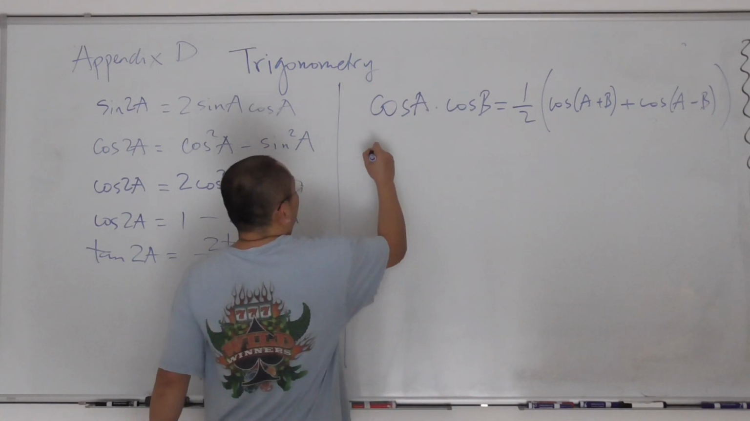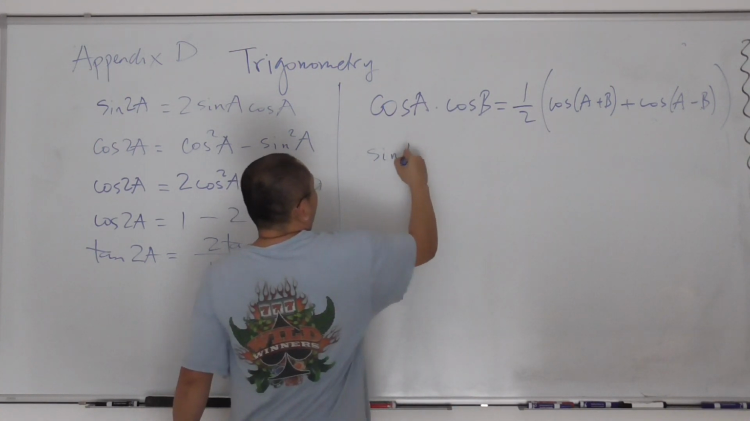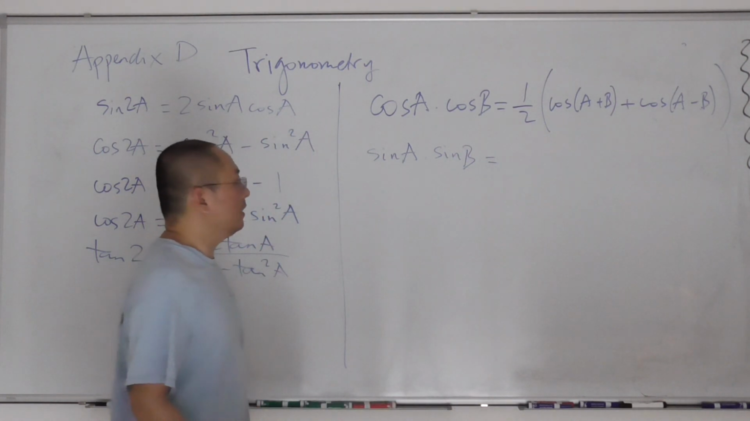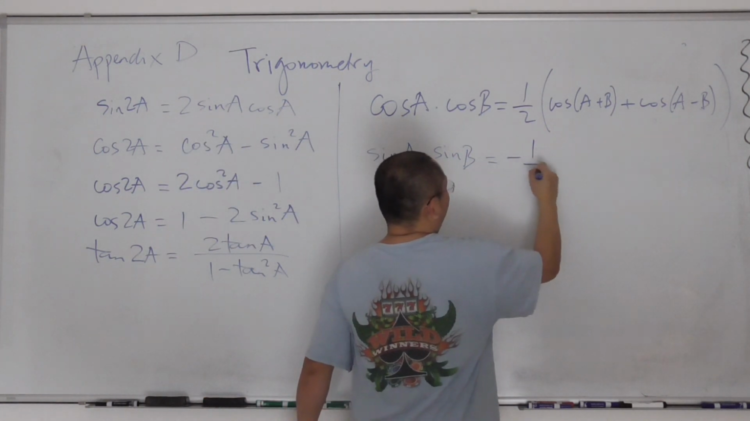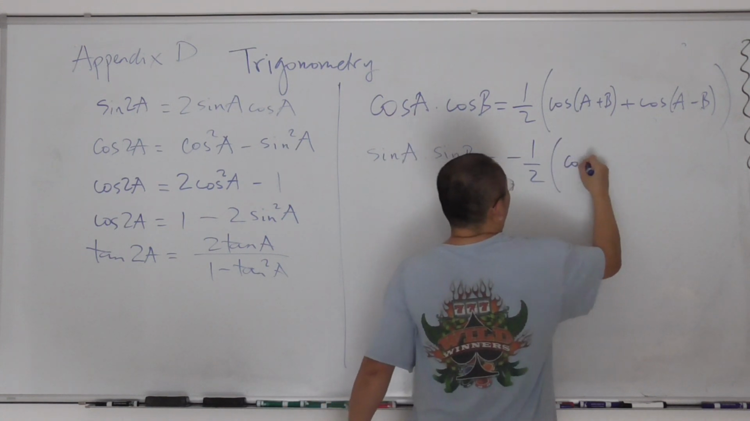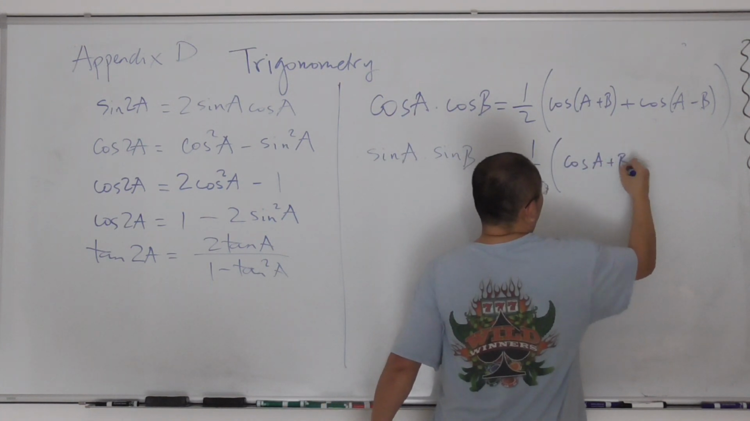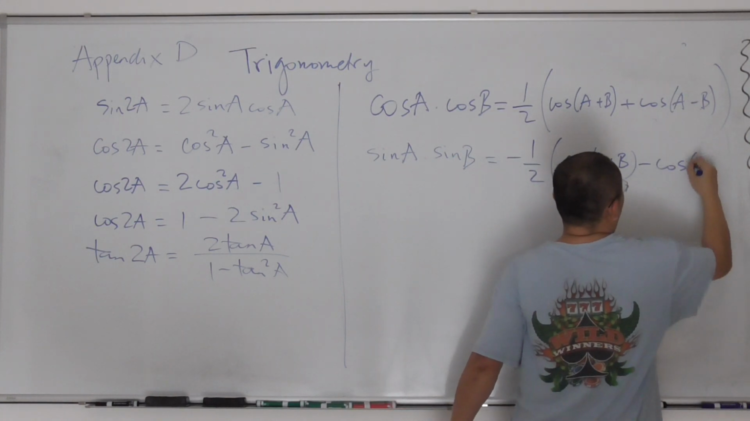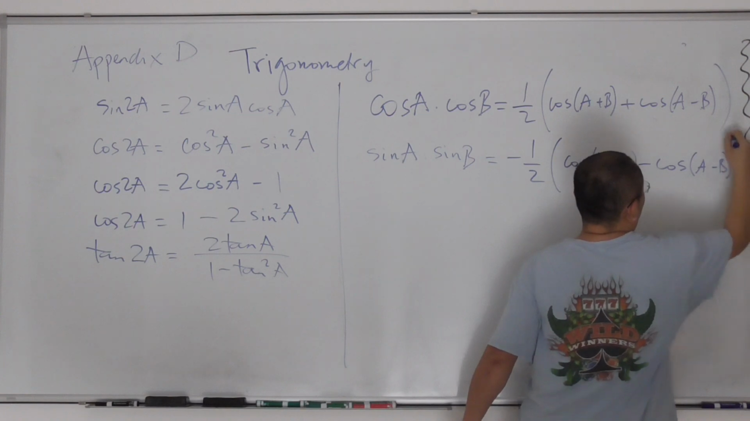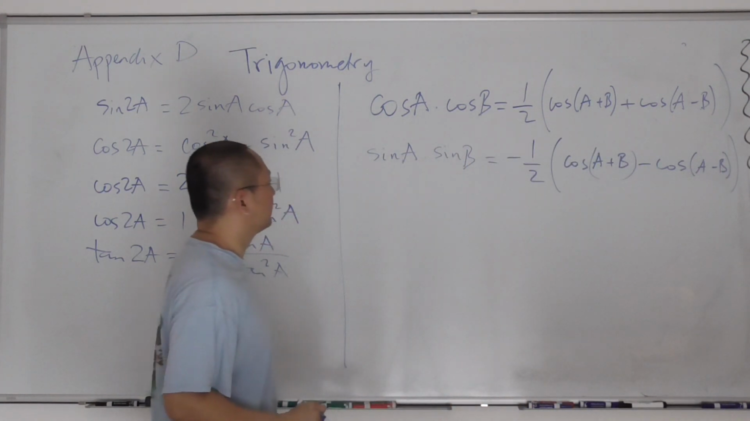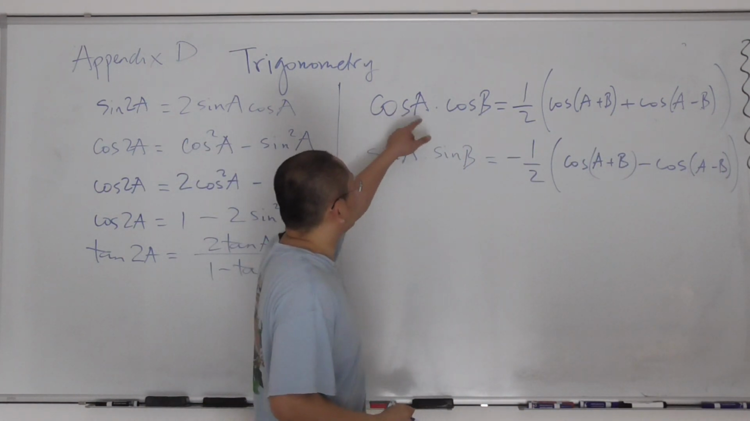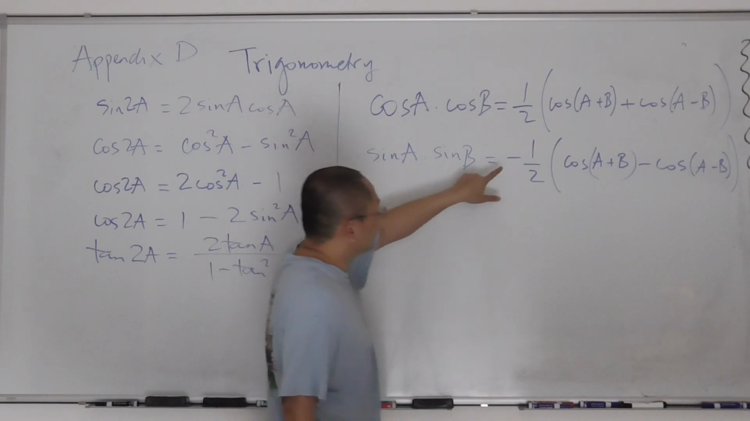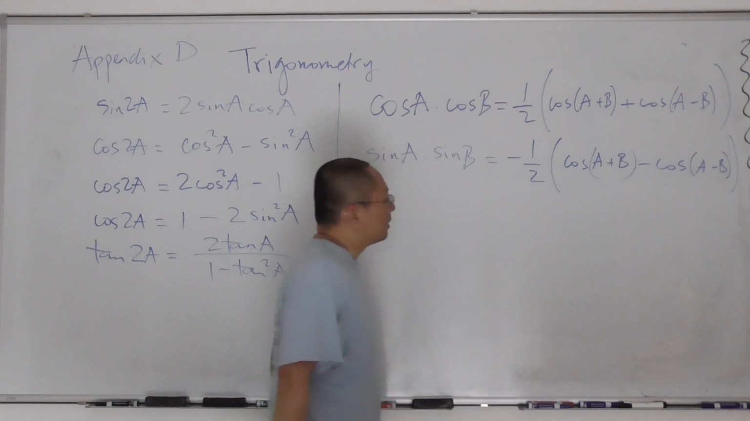And what about sine A times sine B? It's going to be negative 1/2 of cosine A plus B minus cosine of A minus B. Okay? So product of cosines is 1/2 positive. Okay? Product of 2 sines is negative 1/2 of difference of